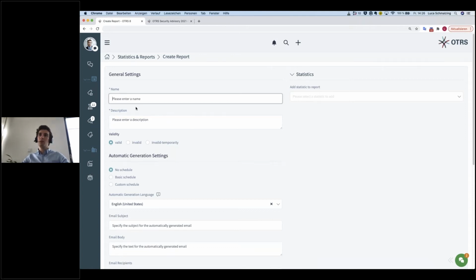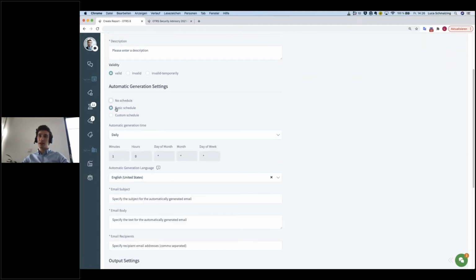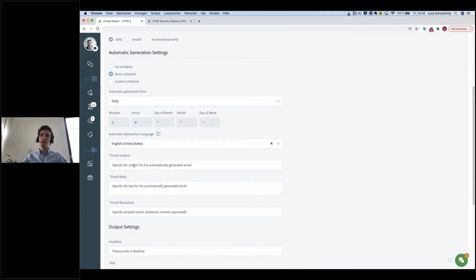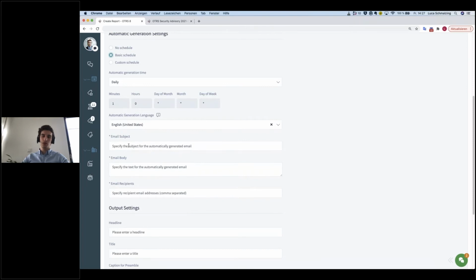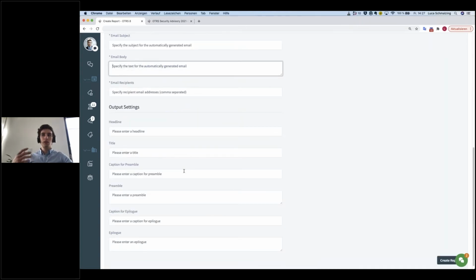Because a report, as you can see here, needs to have a name, a description, and you can say, okay, should it be a basic schedule, daily, Monday to Friday, monthly, quarterly, yearly. You can define in a very deep way how or when it should be sent. You can make a custom schedule as well. And you can define different things like who should receive the email with the attached report, what should be in the subject of the email, what should be in the body, and then you can even